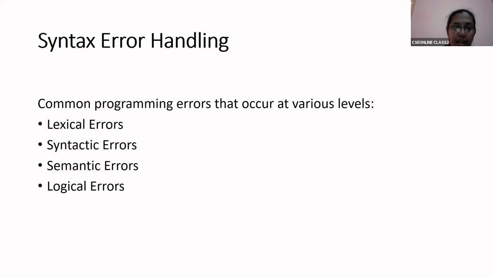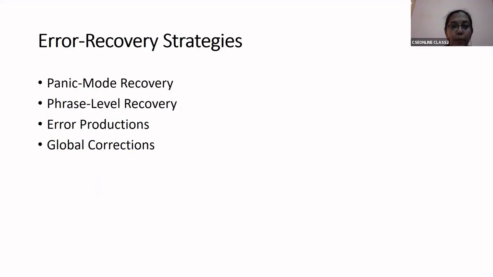So we'll move on to the next topic, error recovery. When such kind of errors occur, how exactly is the compiler going to recover from them? There are 4 different strategies by which a compiler comes out of those errors. It finds the error, displays the error to the user, and it has to continue with its job, right? So how it recovers from an error is nothing but the error recovery strategies.